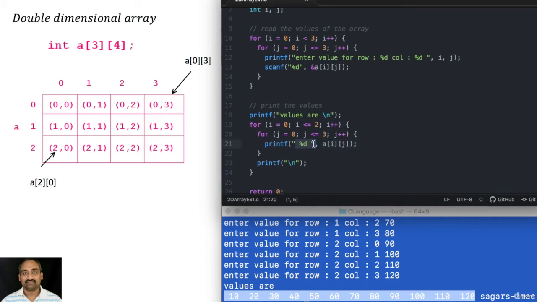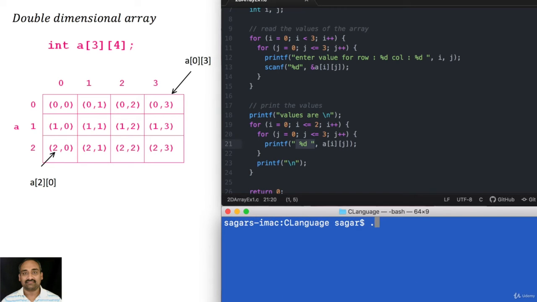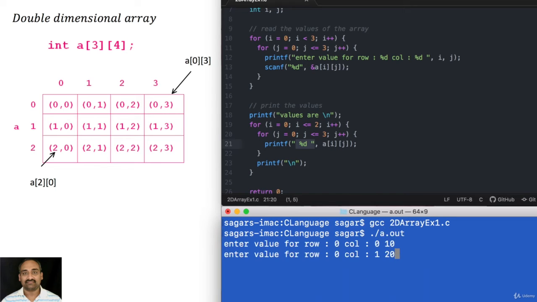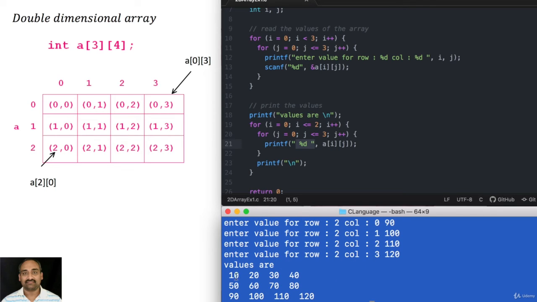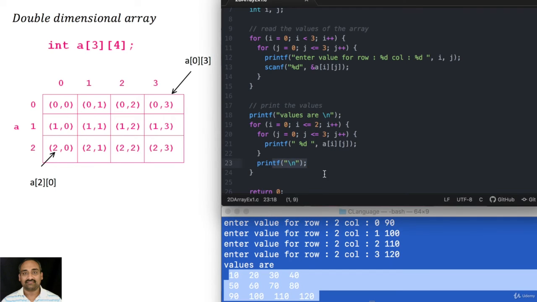Because we didn't use slash n, all the elements will be printed in the same row. Now let us see the outcome. Now you see, you got the output in the matrix form. So this is only for the output sake, so nothing to do with how they are organized in memory.